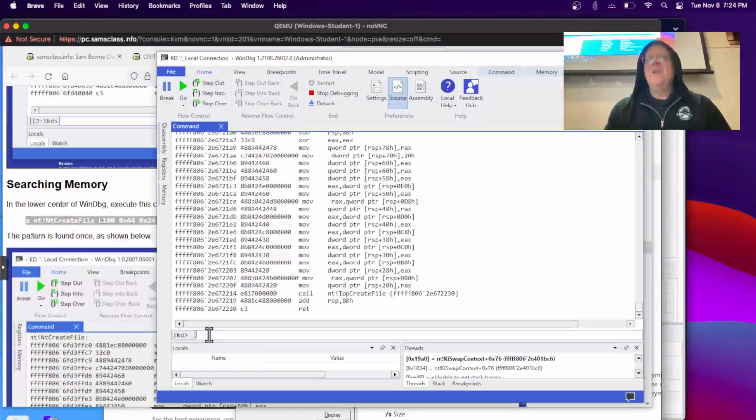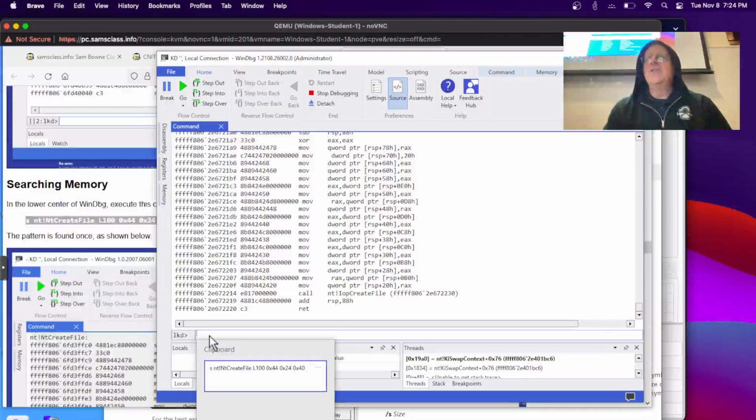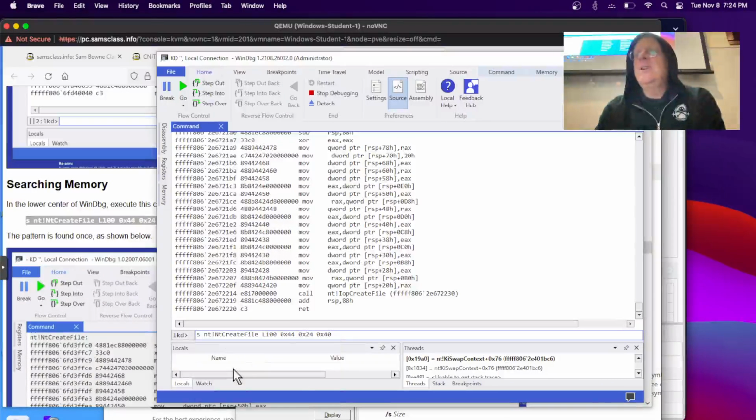And of course, you have to read the help menu to learn how to do this. There's my clipboard. Okay, good. That's weird. It's giving me some kind of graphic clipboard thing. That looks like a new Windows 10 thing. Anyway, so this is going to search, starting at that location, 100 bytes for that pattern of bytes, 44, 24,